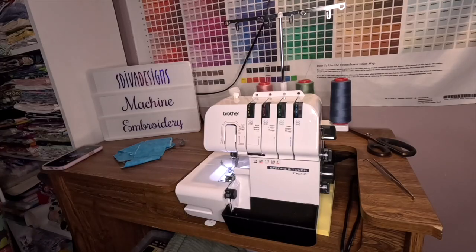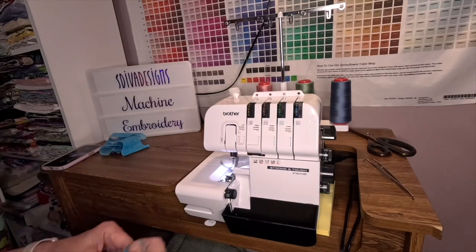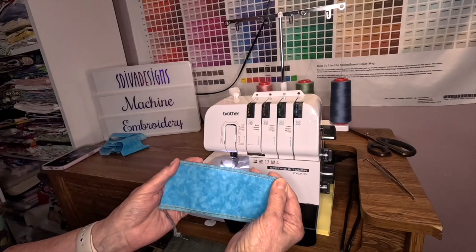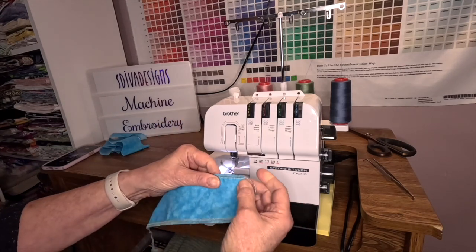What I want to show you today is how to undo a serger seam, how to undo the stitches after you have serged something. So I've serged these stitches with my Brother serger, and I'm going to show you how simple it can be